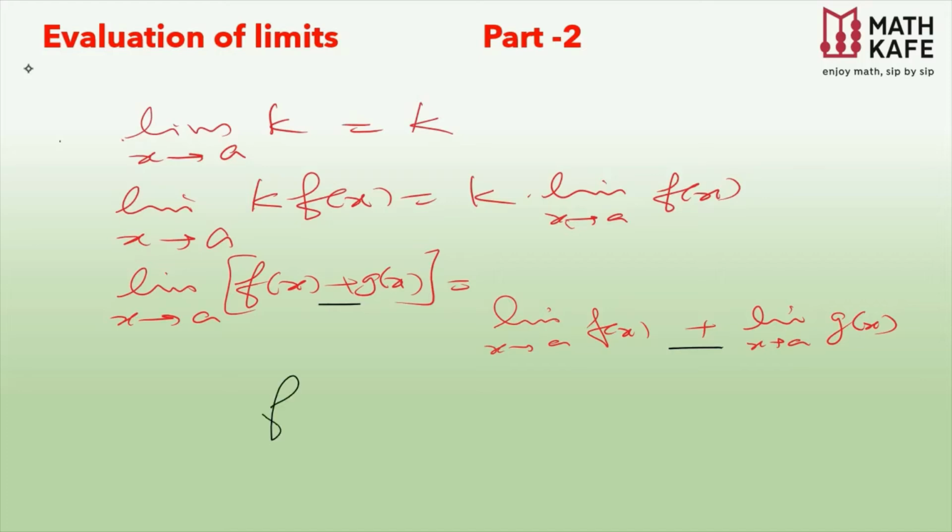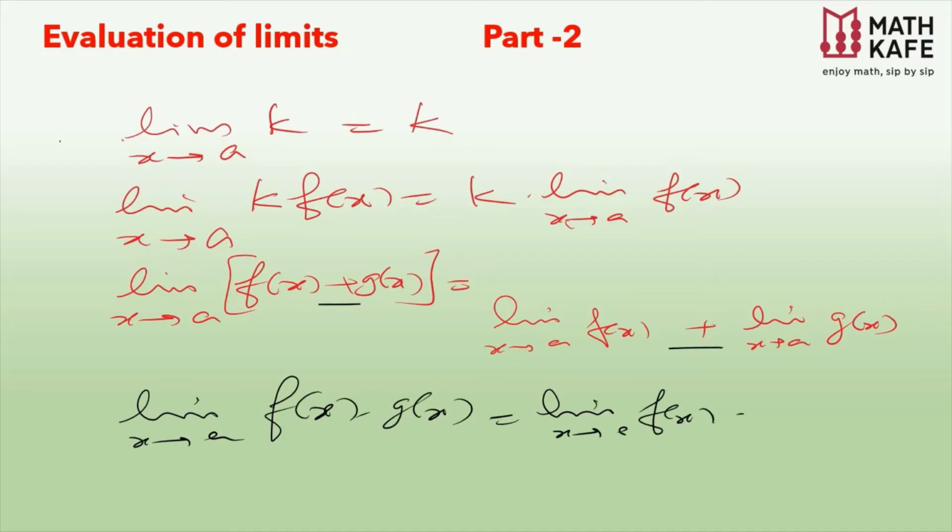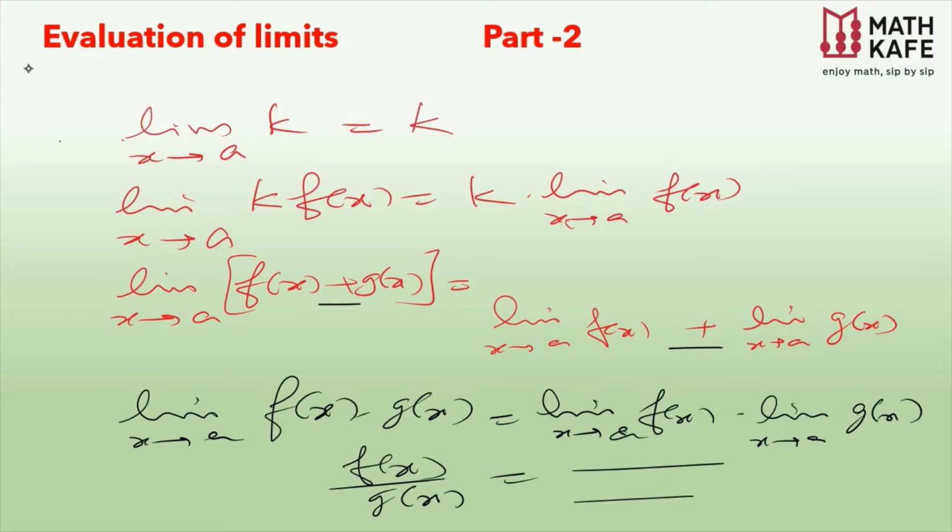The same will be applicable for product. If you have f of x into g of x, limit x tends to a, you could do limit x tends to a f of x into limit x tends to a g of x, and the same will be applicable for a quotient f of x by g of x. Also we can go limit of the numerator by limit of the denominator, provided limit x tends to a g of x should be not equal to 0. Throughout the limits, our main thing is that the denominator must be not equal to 0. Wherever the denominator approaches 0, in that case we cannot evaluate, as you know that 1 by 0, we don't know that value. Anytime when the denominator becomes 0, you need to take extra care.